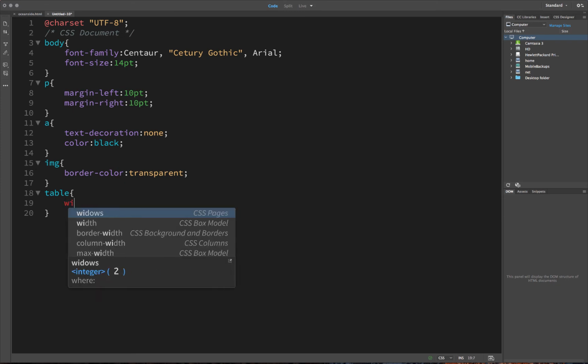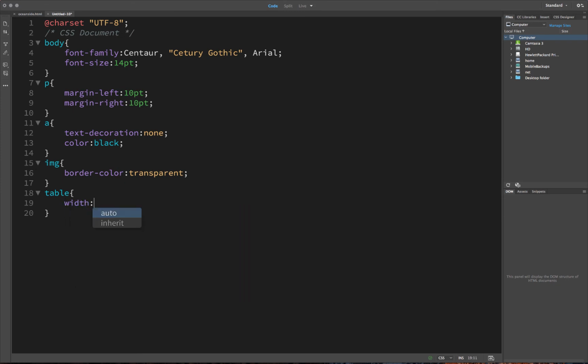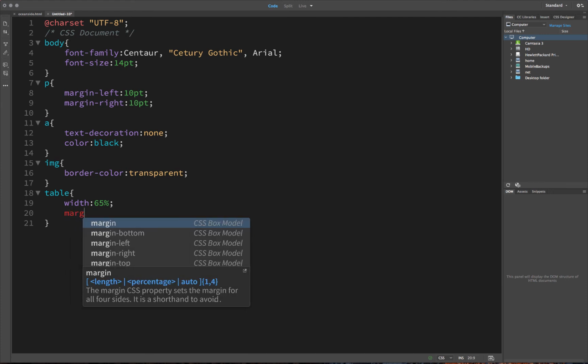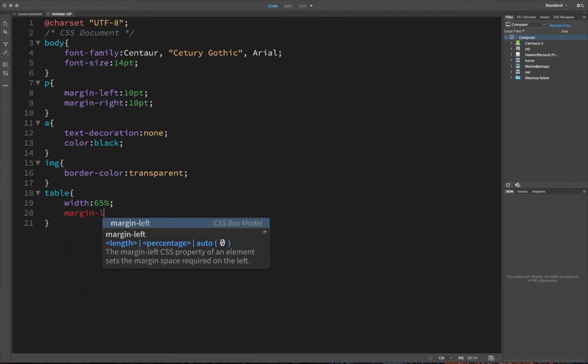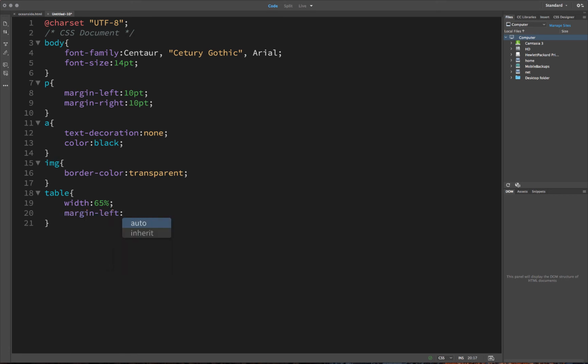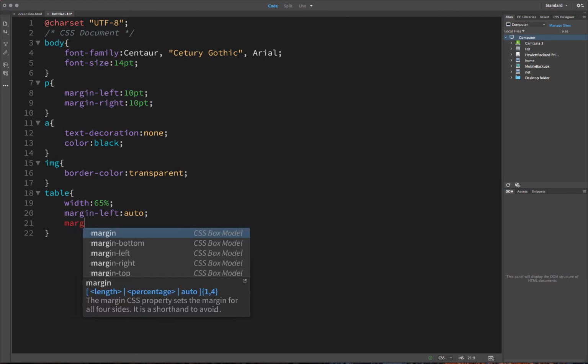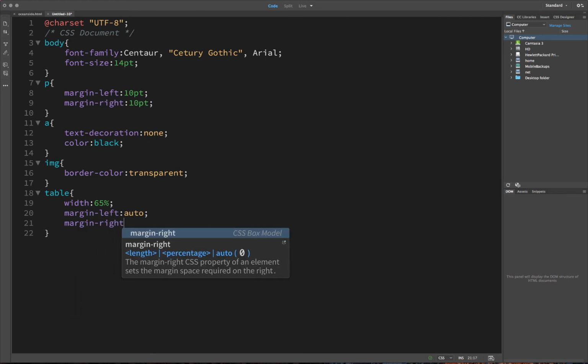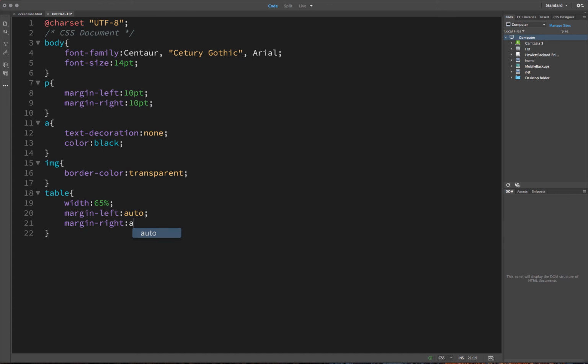The table will have a width of 65%, a margin-left of auto, a margin-right of auto,